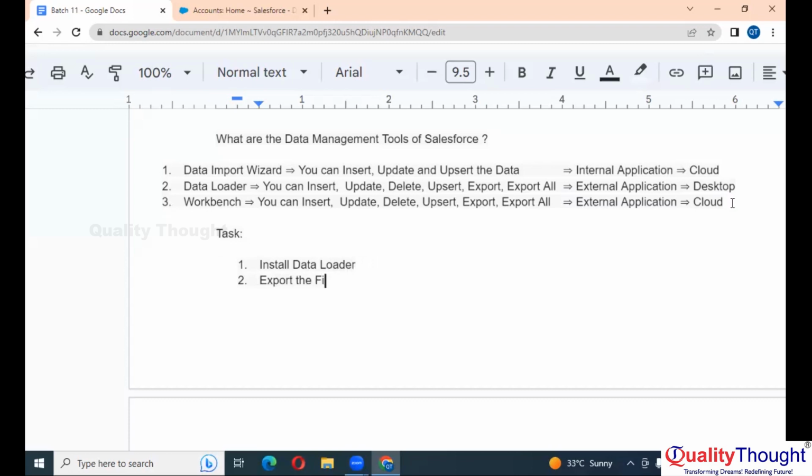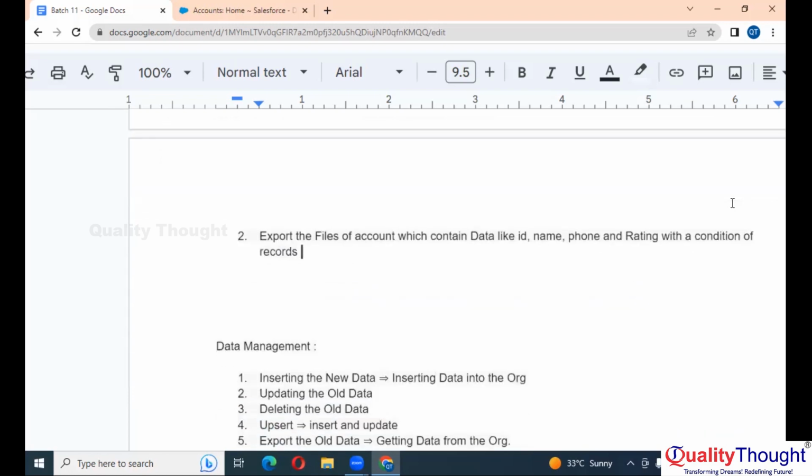Export the files of account, which contain data like ID, name, phone, and rating, with the condition of records which are